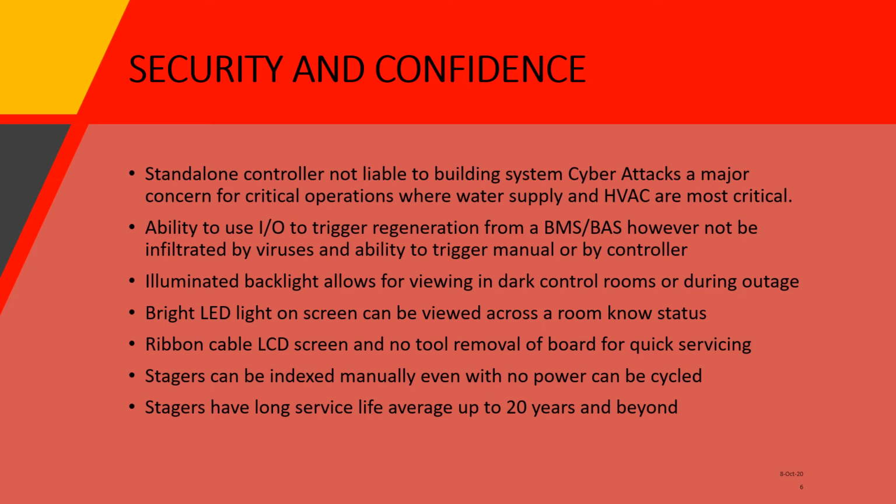As far as confidence as well, you also have a ribbon cable LCD screen and a no-tool removal of the board for quick servicing. It's very easy to send any type of service person and quickly change out a board or a screen and get the customer up and running and be able to troubleshoot that. This is very much not the case with a lot of the more sophisticated controllers or designers, as they are all proprietary, and they normally require either a specialist or you need to send back a very expensive